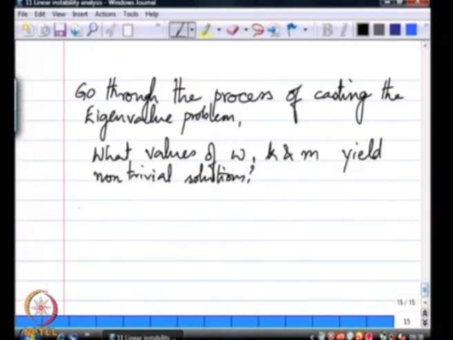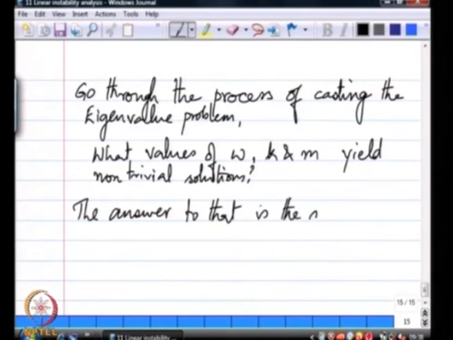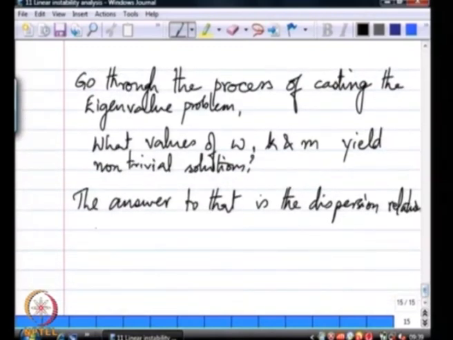The answer to that is the dispersion relation that you get, which in this case would be of the form